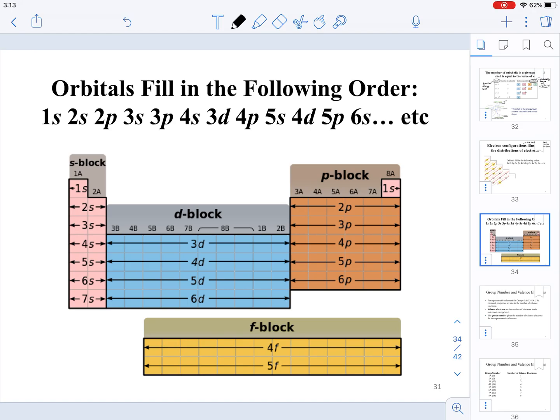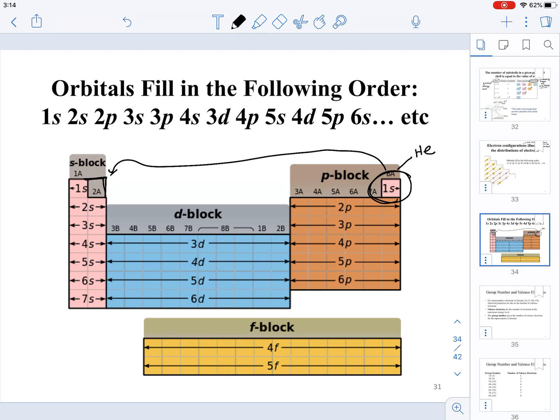What we have to do is look at the periodic table and select the different blocks so we can highlight the different areas. For the purposes of electron configurations, this element right here, which is helium, is going to be now in this corner. Helium is not part of group 2A. It's just that for the purposes of electron configuration, we think it is going to be here, part of the